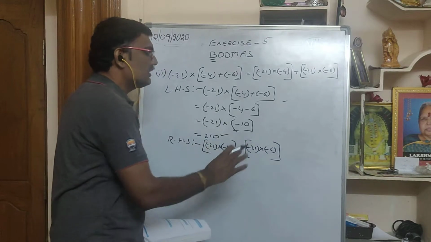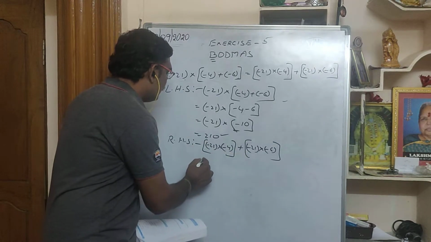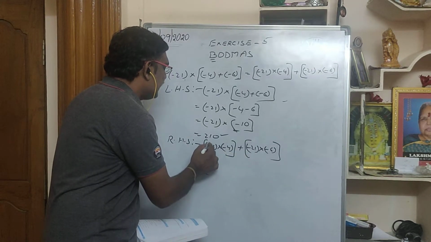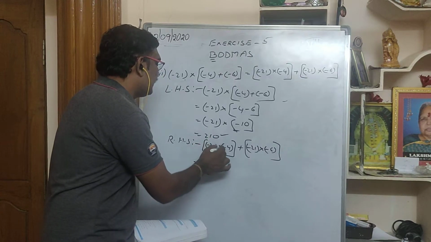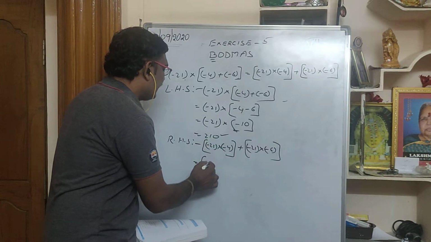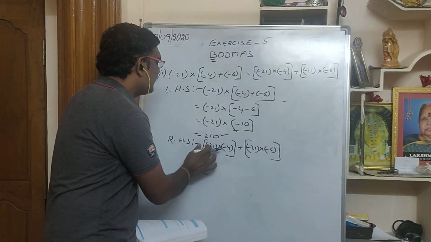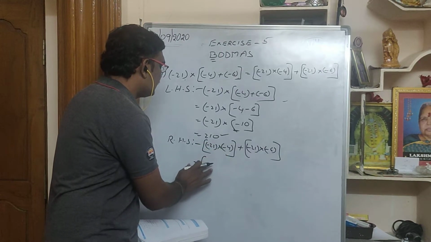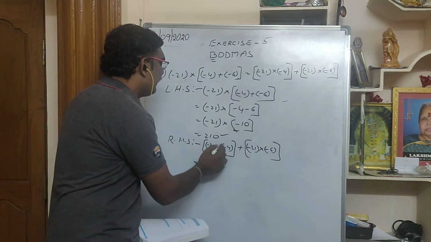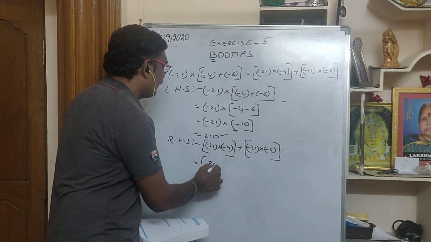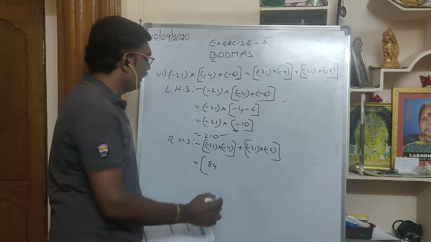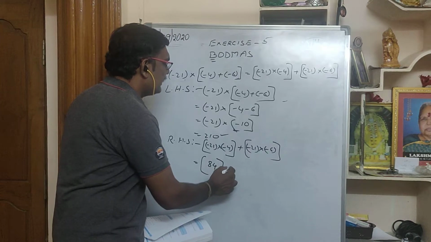Within the brackets you have to simplify first. Inside there are more brackets, that you open by taking care of symbols. Minus 21 into minus 4. Minus into minus is plus, no need of writing. 21 fours are, if you multiply, you get 84. And I am closing the brackets here. Plus again here